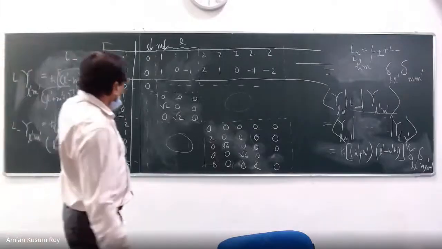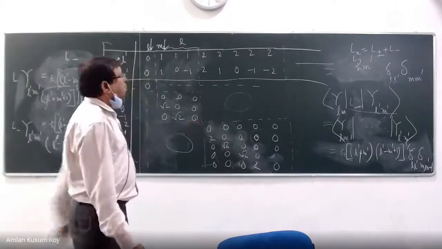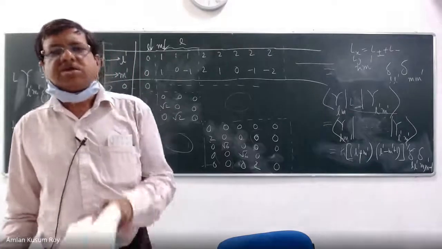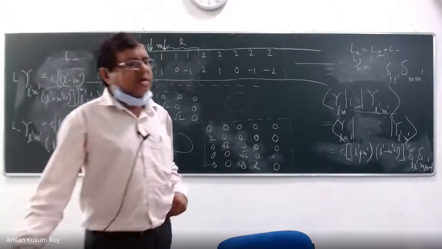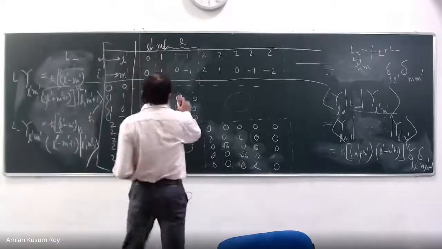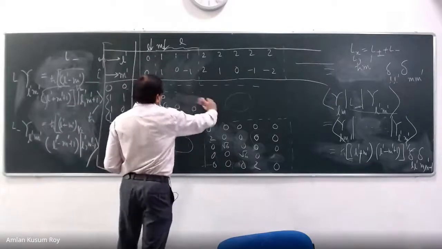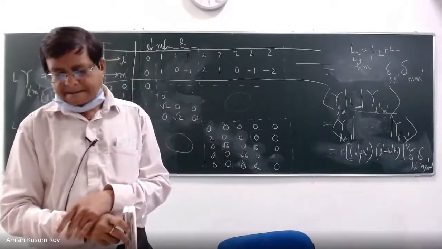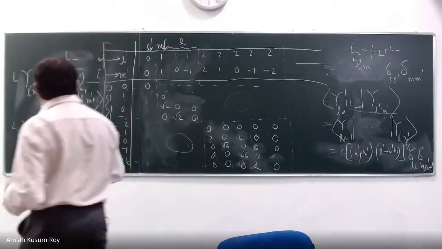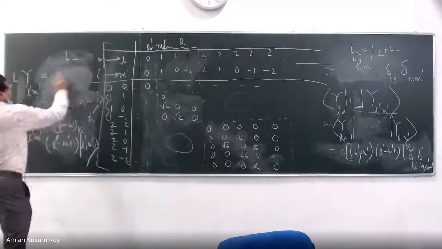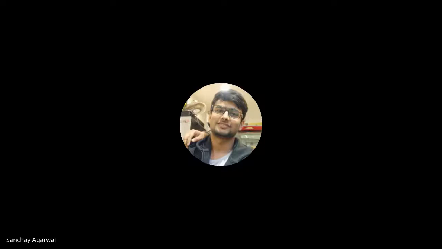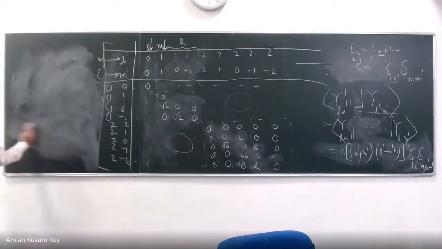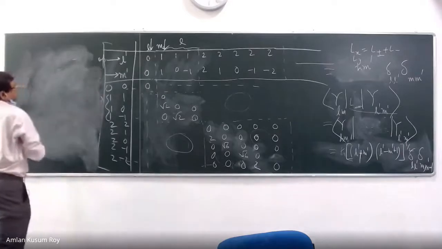And once you have gotten L plus and L minus, you can write Lx from that simple expression, Lx plus Ly, right? I leave it to you, but just tell me what will happen to Lx plus. Is it going to be diagonal? No, sir. It cannot be diagonal because this is not an eigenfunction of the spherical harmonics. Without doing anything, you should be able to tell.